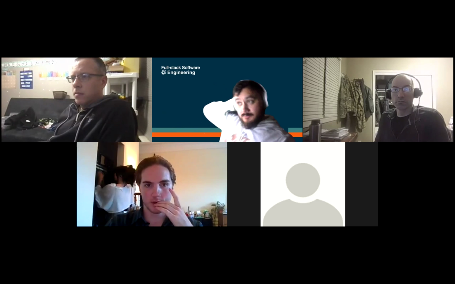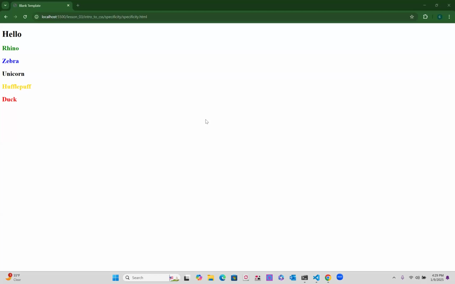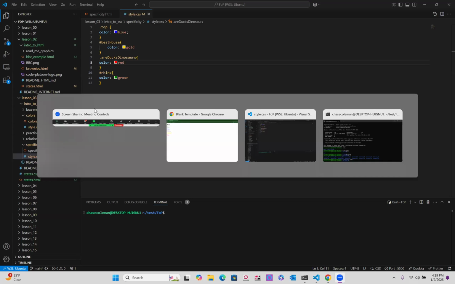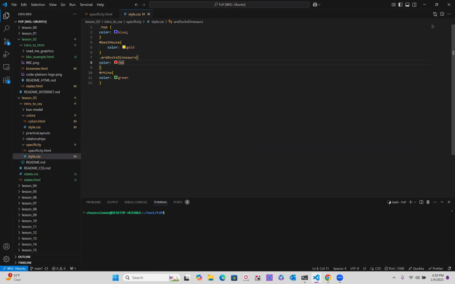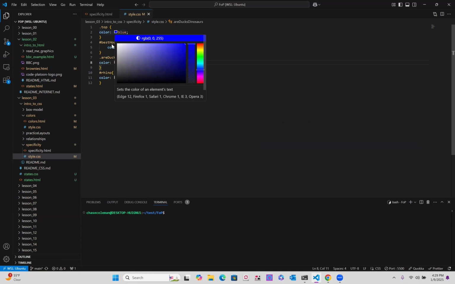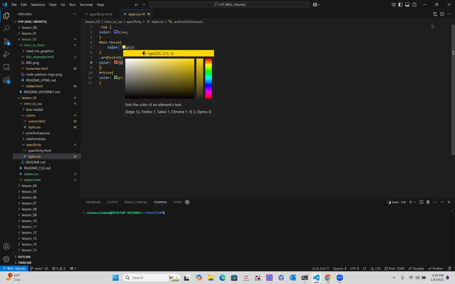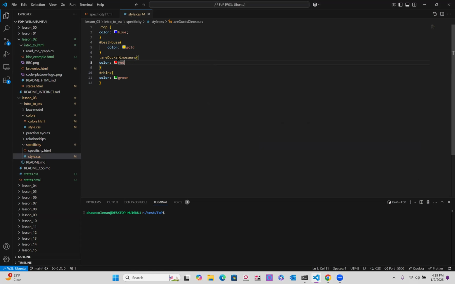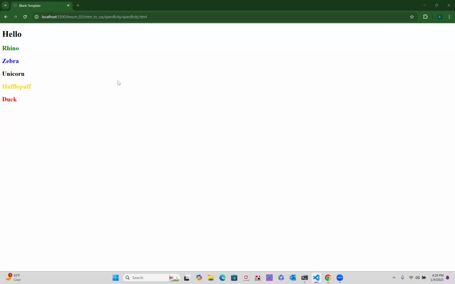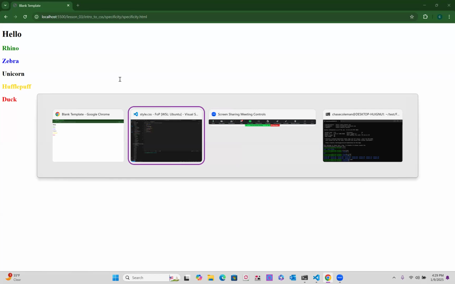Okay, so let me share my screen. So you can see that. That's how mine is, obviously. And then if I go to my specificity, I did the dot top right here. So that turned both the rhino and zebra blue. And then I did the best house, which again, I kind of forgot to go lowest level, right? So I didn't do best practice. So that turned to gold, and then that same thing, but then it turned to green. So obviously it still does work. Is it just that I did the not best practice?